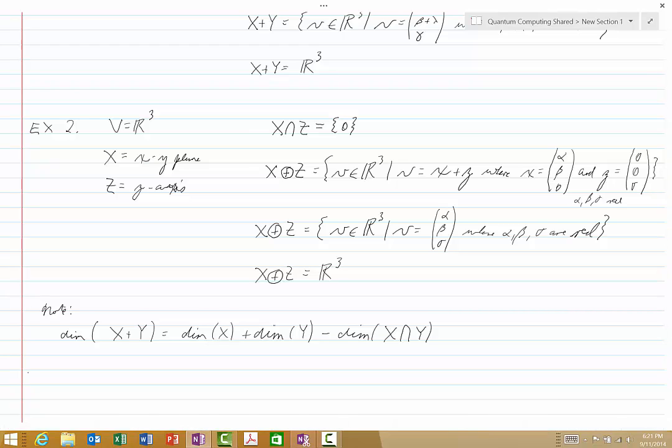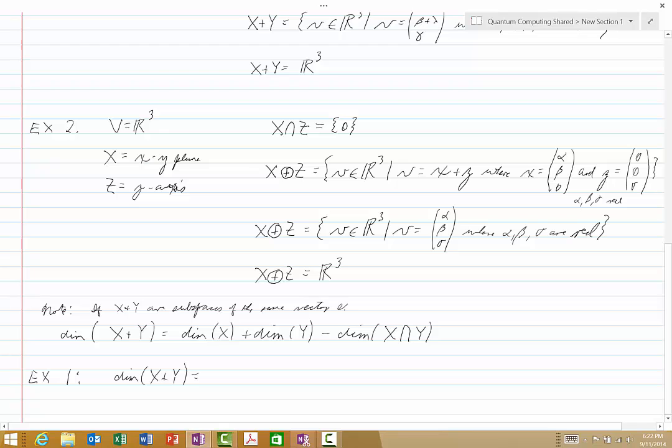And as an example, if we apply that equation to example 1, this would say that the dimension of X plus Y is equal to, and of course here I guess I should say, if X and Y are subspaces of the same vector space V, then